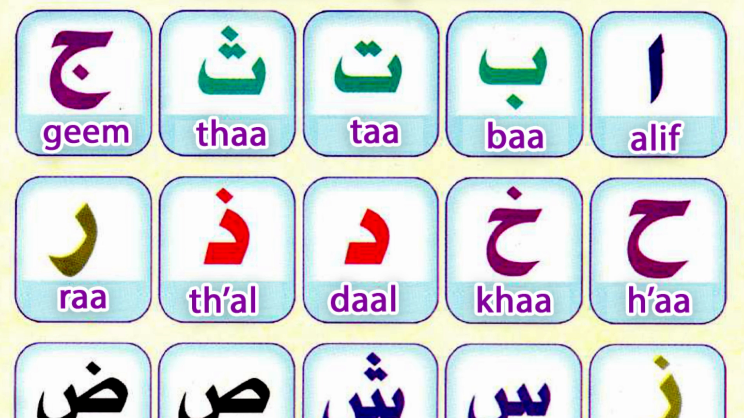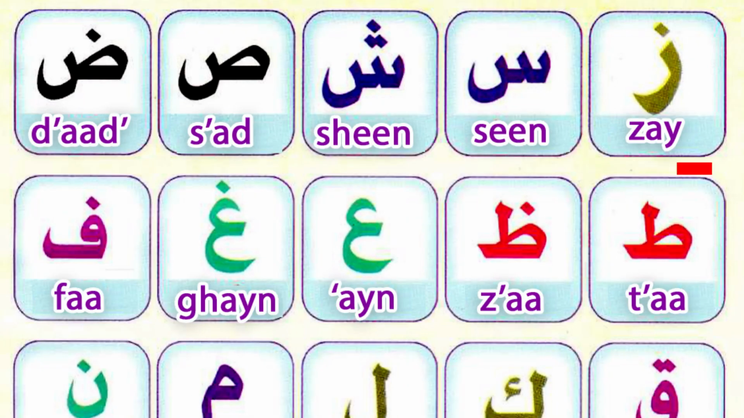All right. So I will say the letter, and then you repeat after me. Can we do that? Let's begin. Alif, ba, ta, sa, jim, ha, kha, dal, zal, ra, zay, sin, shin,